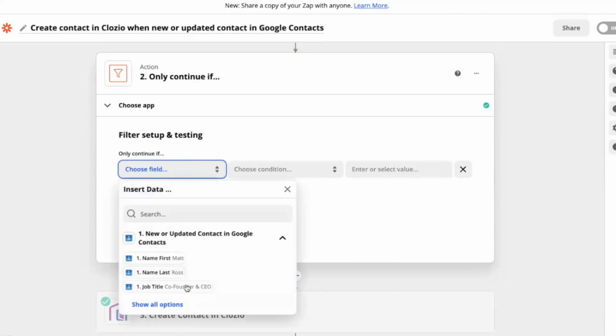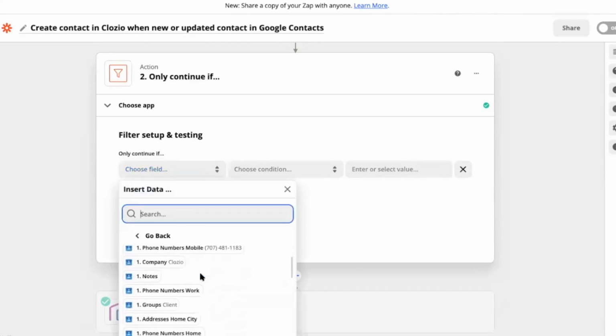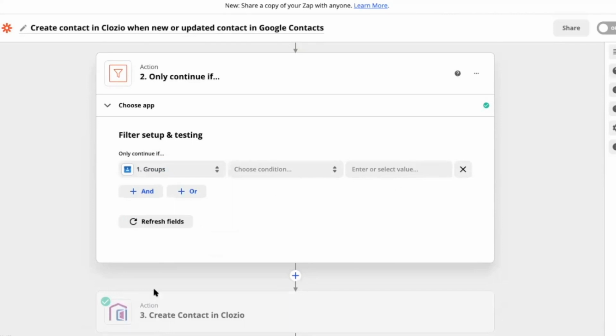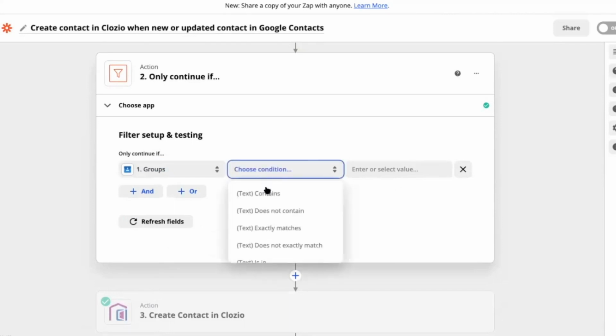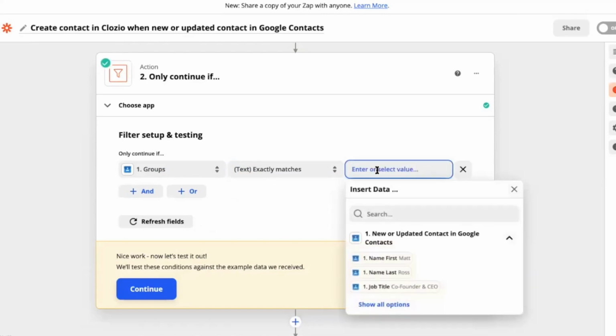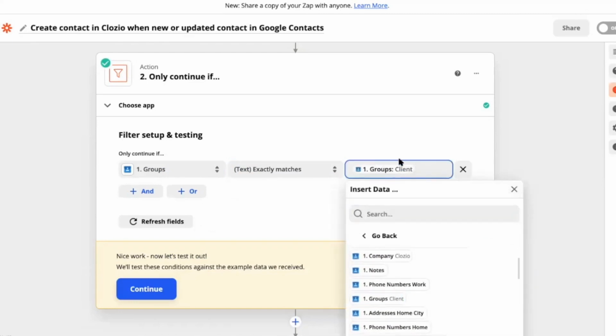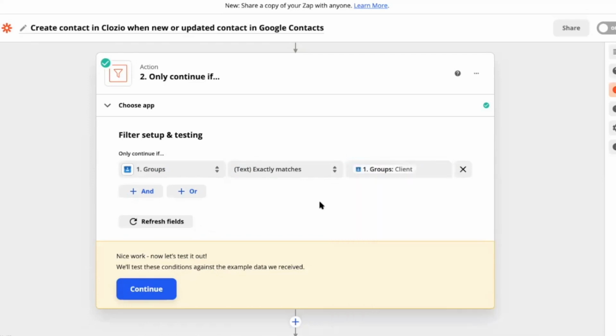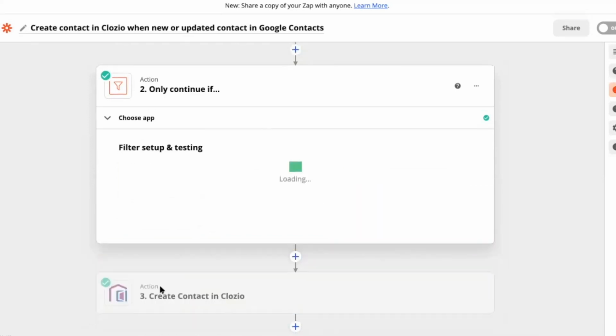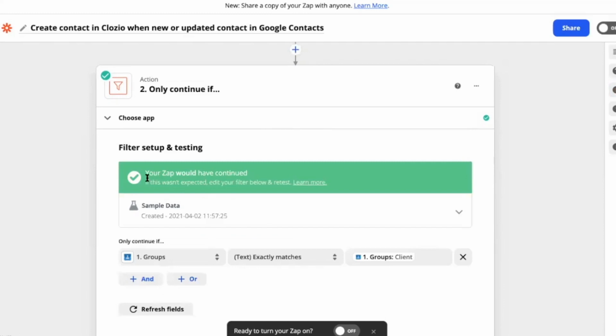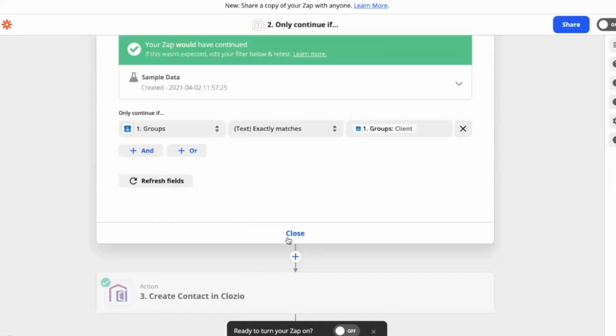In this case, I want to make sure that my groups or labels contains or matches exactly the value of client. Now it's telling me my Zap would have continued, which is exactly what I wanted in this case. I'm ready to turn it on,